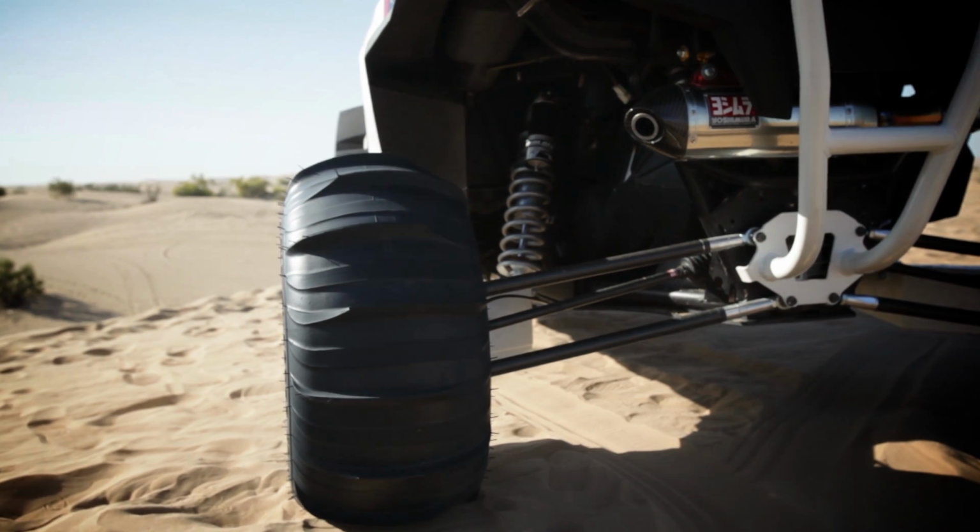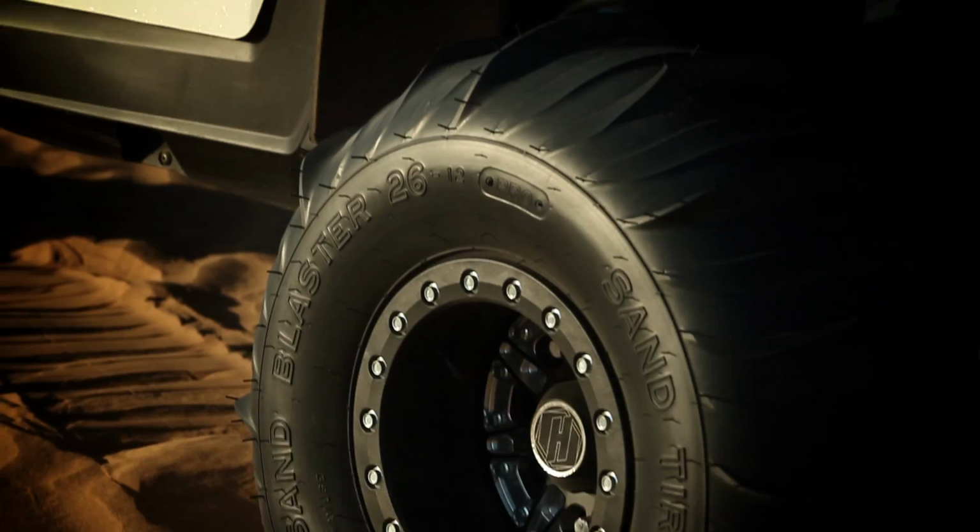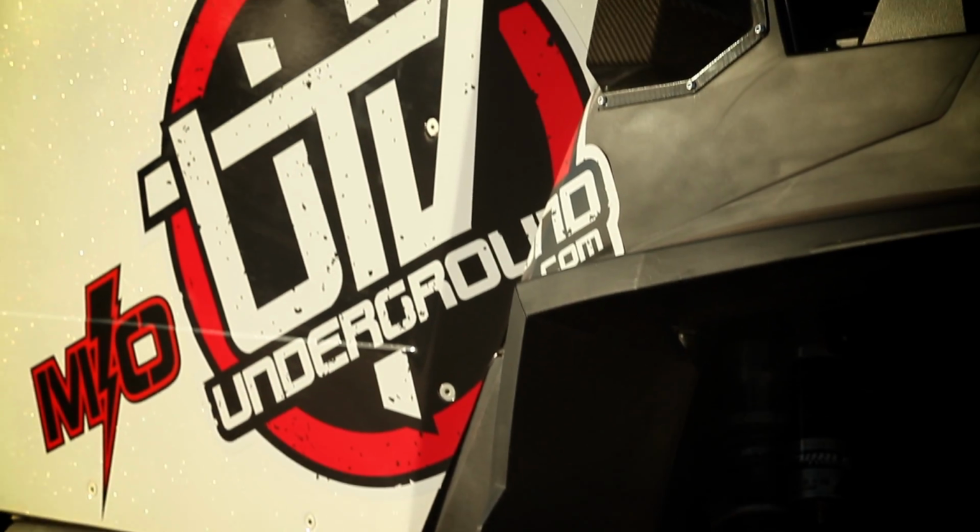We took our Jagged X rear radius rods and our Summers Brothers axles over to Yoshimura, where they wrapped them in carbon fiber, which just gave it that nice finished look. It also tied in with our exterior spot graphics and our interior carbon fiber wrap that Proline Wraps threw down